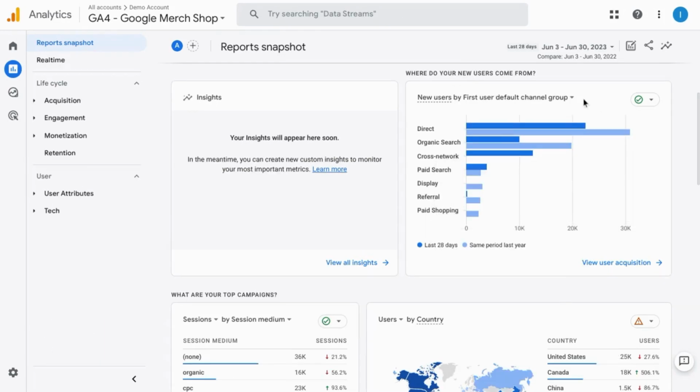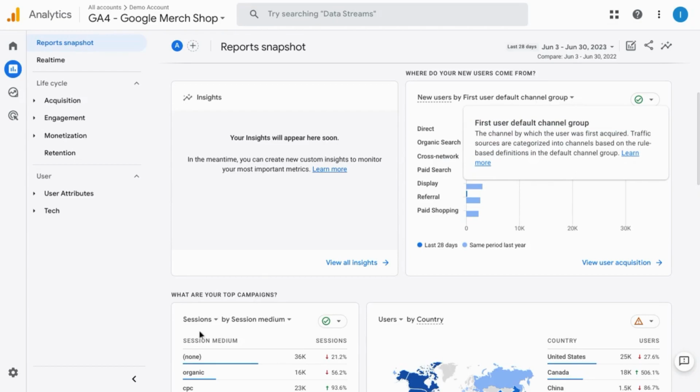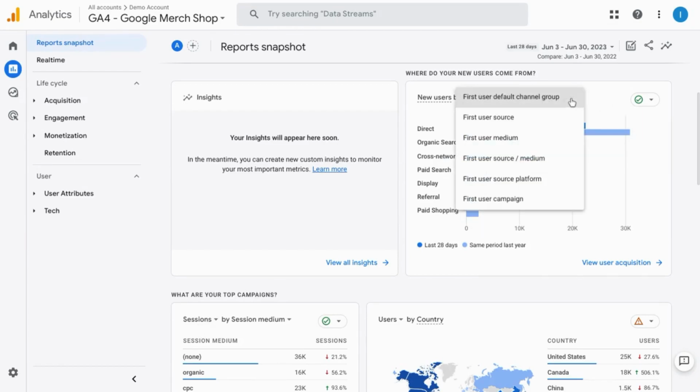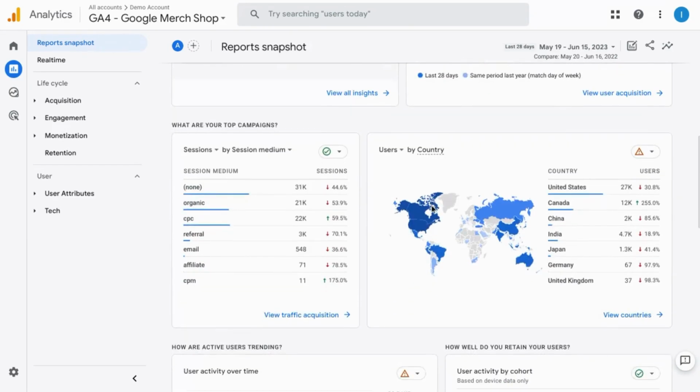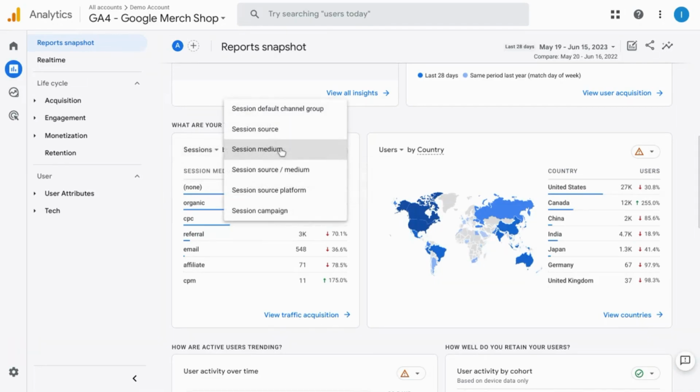Whenever you see a down arrow next to a dimension or a metric, you can click on it and it'll give you a drop-down list of other metrics or dimensions that you can choose from. And it'll show you metrics or dimensions that are related to the chart or the data table that you clicked on. Then there's a section for your top campaigns, so you can see the session and medium. You can change the metric from session to engaged session,